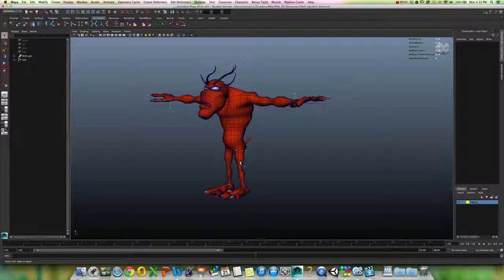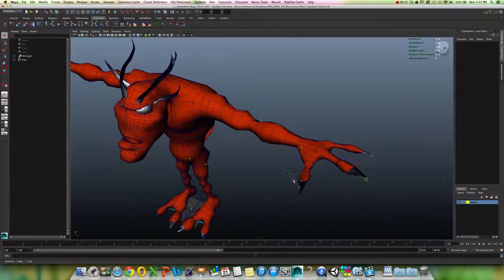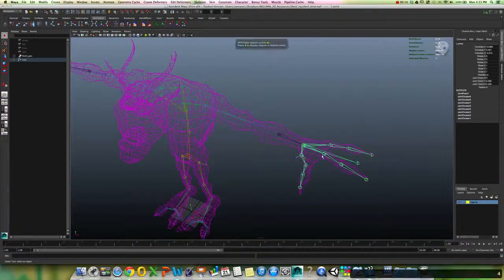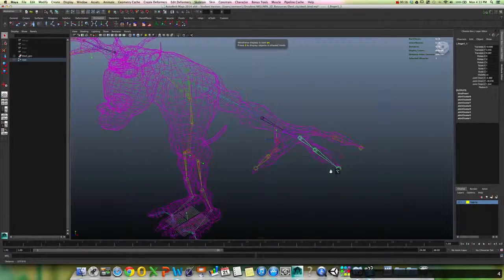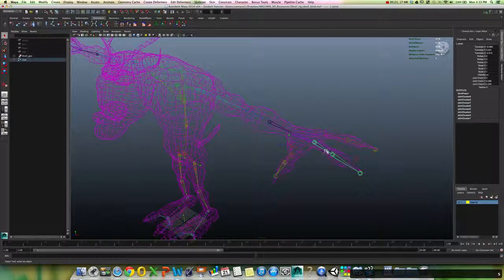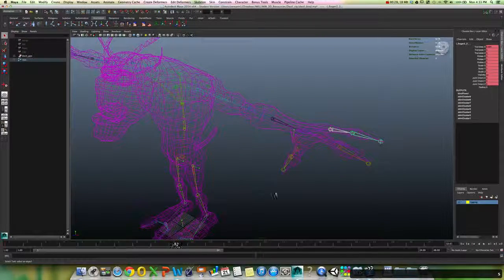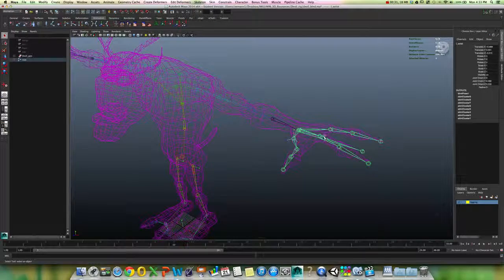Okay, so what we're going to do right now is learn how to create complex driven key sets. What we really want to do is create some poses that are going to make it easy to control the hand. If I wanted to animate each one of these individually, I could of course select all of these, hit S to set a keyframe, and select these. Then I would have to go, let's say, to frame 10, and animate each one of my